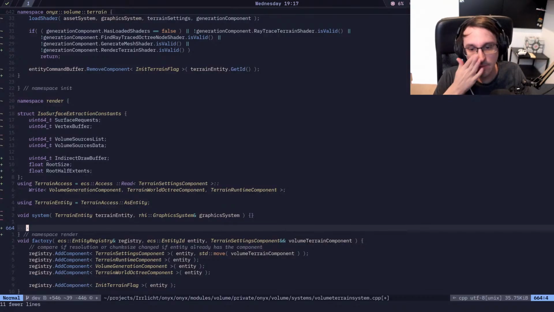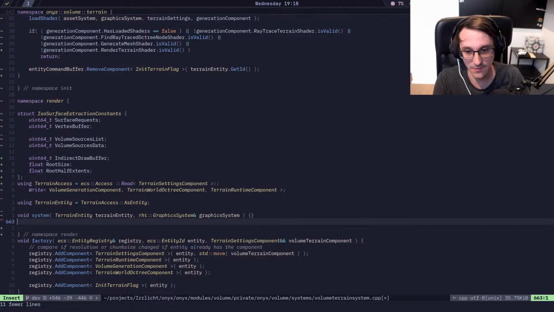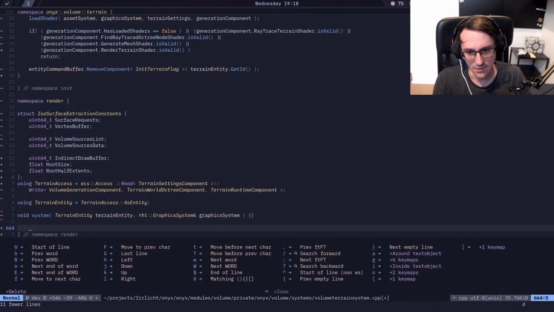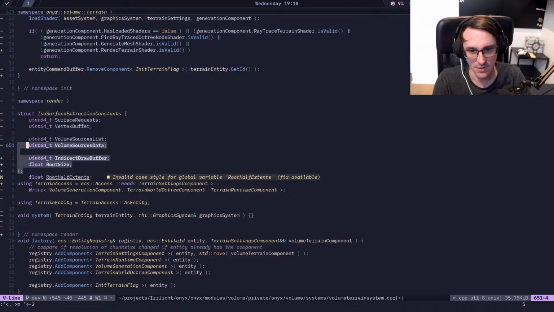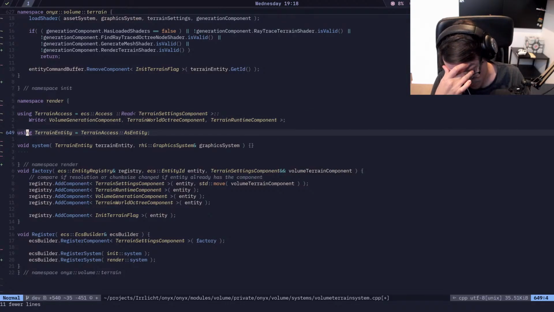There will be a little bit more stuff we need to do probably for this to work, because terrain is a little bit special in that sense here. But I think we can ignore that fact for now. So actually then probably nothing here. I think the only thing we would do